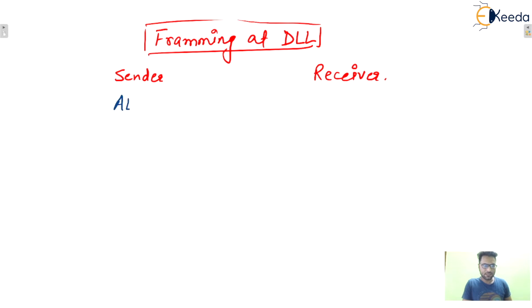Let's say application layer. If we consider the TCP/IP model, the next one will be transport layer, then network layer, then data link layer. Then finally the physical layer. In the TCP/IP model, only 5 layers are there, and in the OSI model, 7 layers are there. So these layers will be at the receiver end also, isn't it? Data link layer, physical layer.